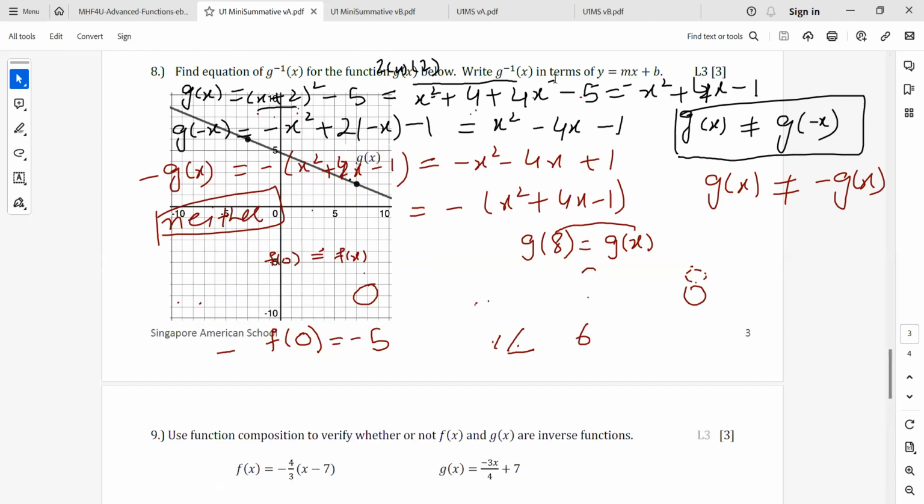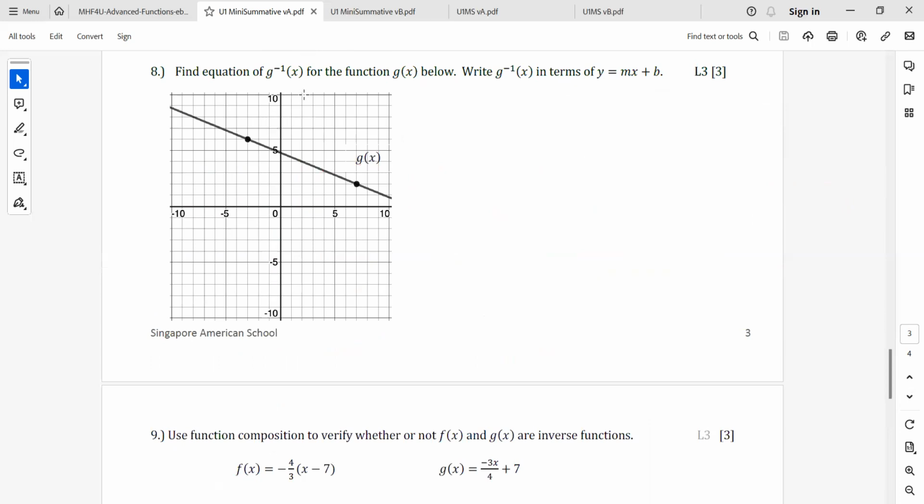Question number 8. Find the equation of g inverse x for the function g of x below. Write g inverse x in terms of y equals mx plus b. The function is given as g of x, and we need to find g inverse x. So first of all, this is the function g of x. Take any 2 points on the function g of x. For example, this is the point 7 and 2. This is the point -3